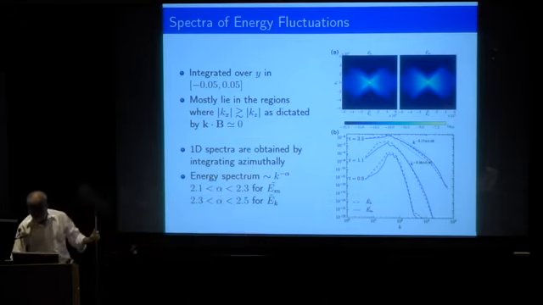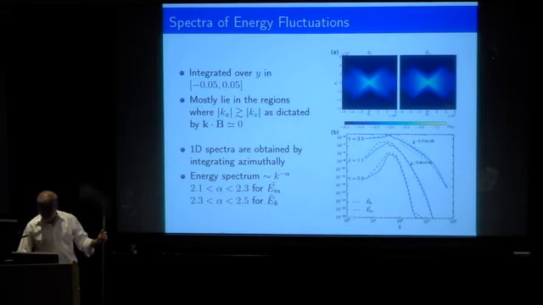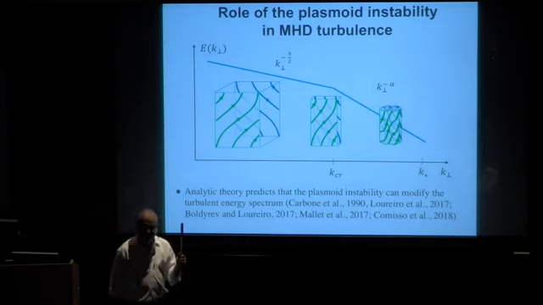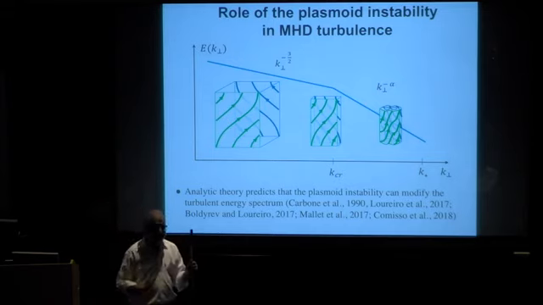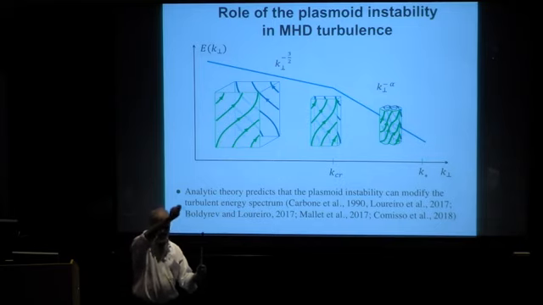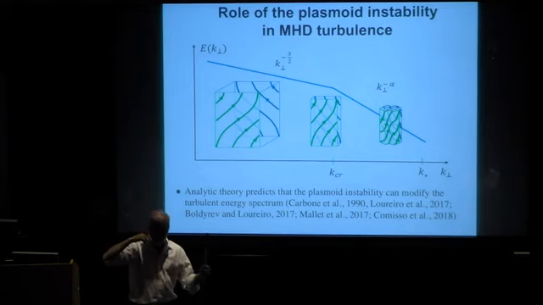I'm getting to the end of my talk, but I want to just mention one thing. You could ask, how does the plasmoid instability change our pictures of turbulence? I'll just make a couple of remarks and I'll stop there. Typically in hydrodynamic turbulence, you have a stirring range where you're forcing the system, an inertial range, which by the classical arguments of Kolmogorov has a spectral property of k to the minus 5/3, and then a dissipation range, typically controlled by viscosity or whatever it is that you have in a hydrodynamic system.